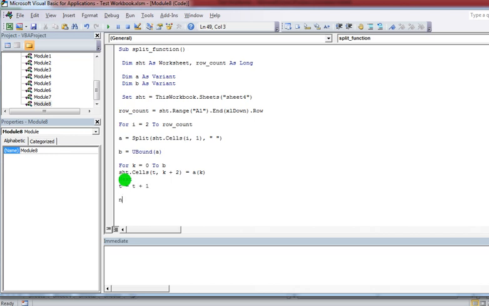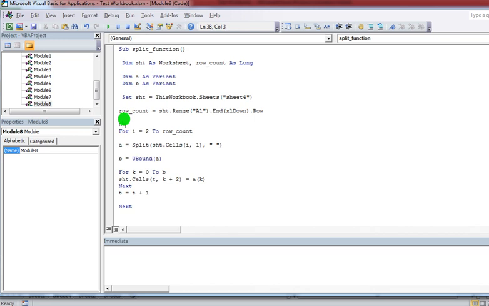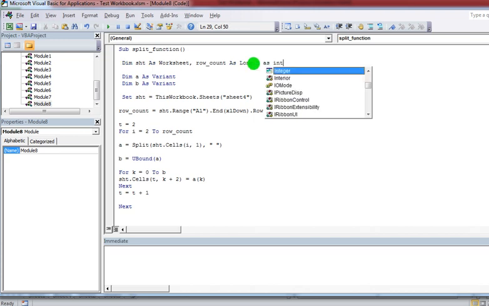And guys, what I'll do is initialize the t variable to 2 here, and I'm also declaring the t variable as an integer, right?